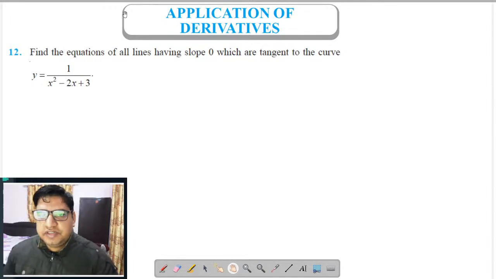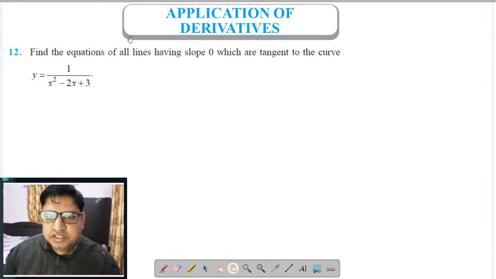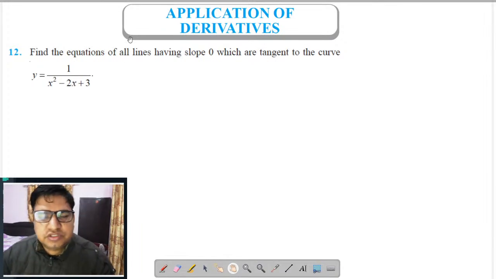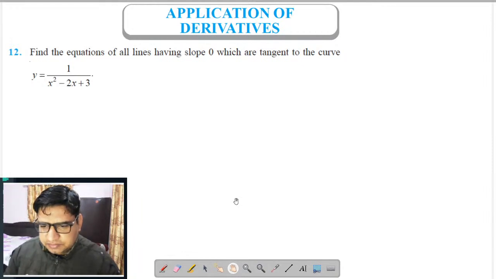Now we can try to solve one more question from the same topic, and in this question as well, we need to apply the same logic, the same formula. So what we have to do here is simply write down that the slope of the tangent line